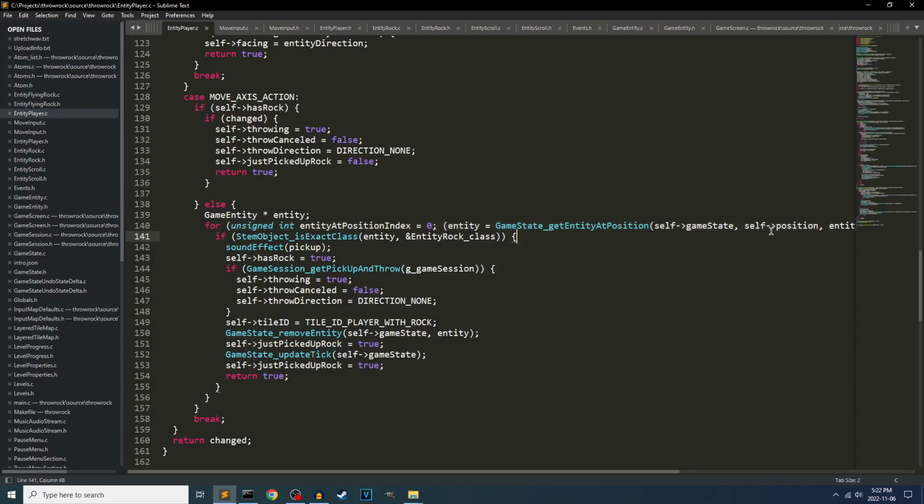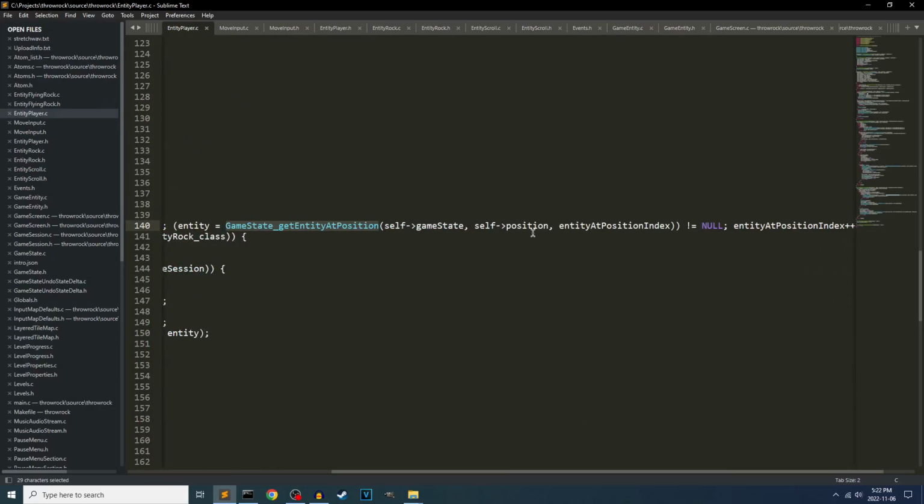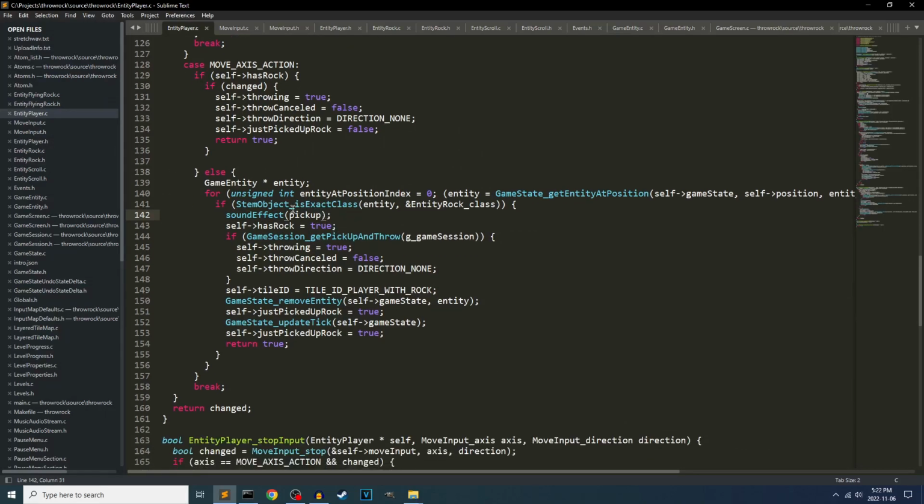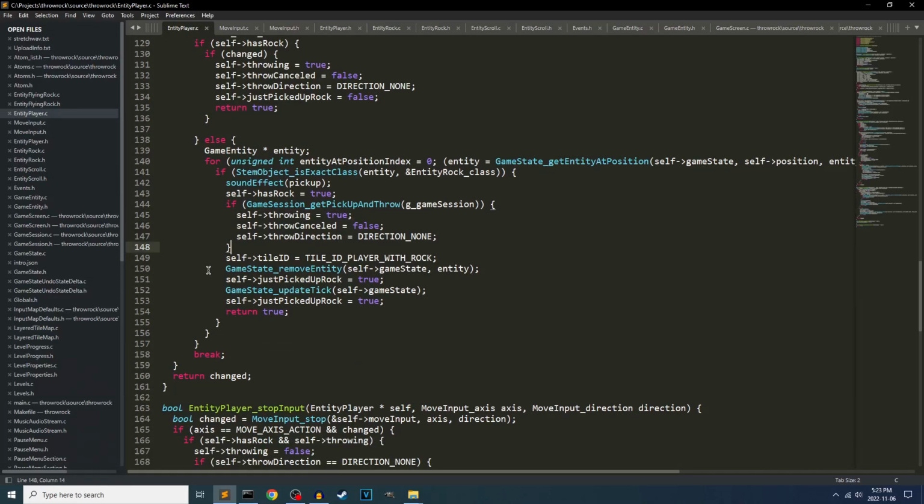I scan through the entities, right, using this same function that we just looked at. Scan through the entities, see if one of them is a rock. If it is, play the pickup sound. Yes, a player is also participating in the sound effect calls. That's fine. It could be better, but it's fine as it is. There's no way for picking up a rock to fail, so you pick it up, has rock is true. If pick up and throw control preferences are set, then you are starting a throw operation. Regardless,